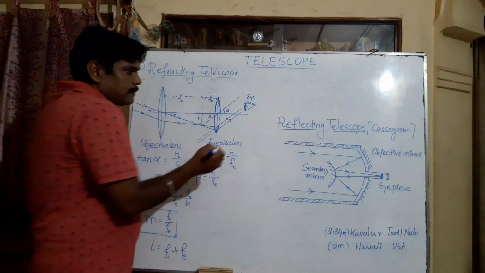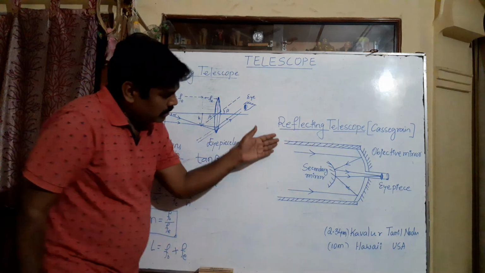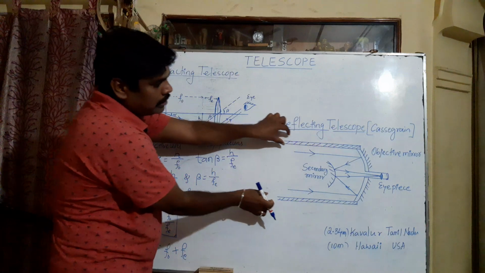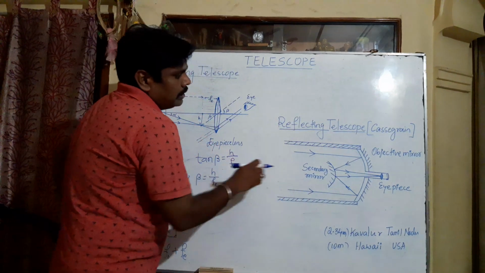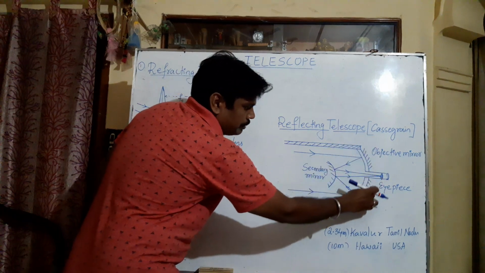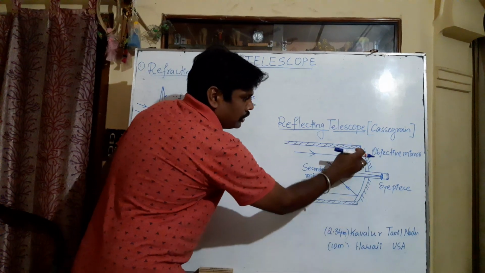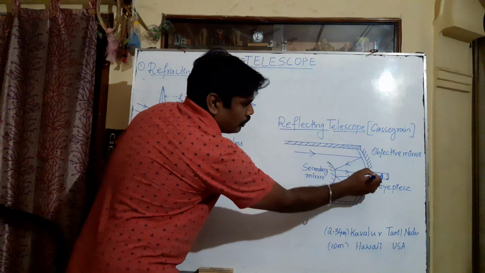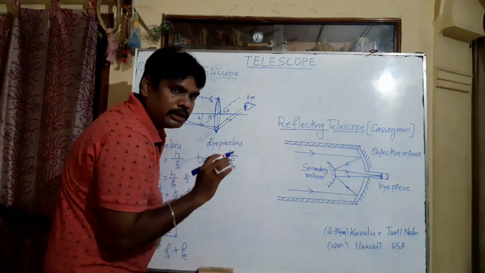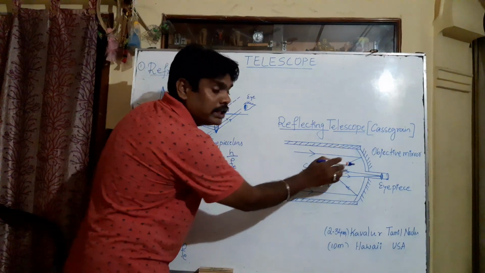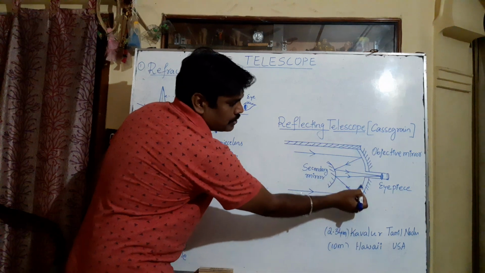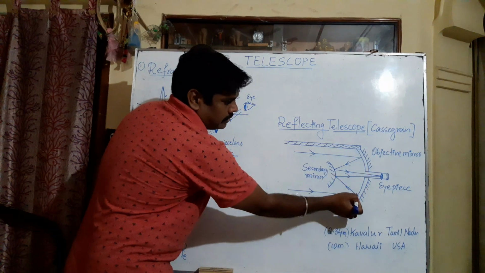So to explain this telescope, this is the ray diagram. This is the tube, a long horizontal tube can be considered. At one end here, there is a larger aperture area concave mirror. That mirror we call the objective mirror. Can you remember what type of mirror is used here? A concave mirror is used. This portion is silvered and this portion is a reflecting surface.